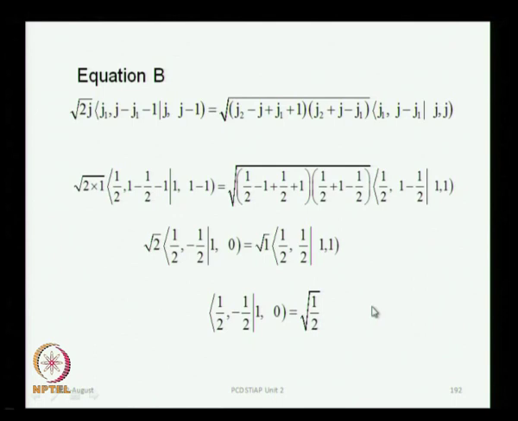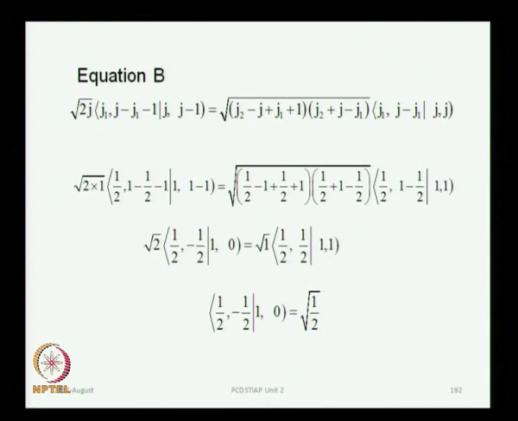So, there are so many different routes to get a certain result, and essentially what you are doing is to play with the recursion relations, use the orthogonality relationships, and you will be able to get all the Clebsch-Gordan coefficients just from the seed value, which is m1 taking its maximum value, m2 taking its maximum value, j taking its maximum value, and m taking its maximum value. That coefficient must be unity. So, that is the seed coefficient, and from this you can get everything else by using these